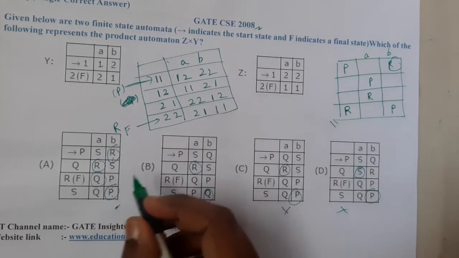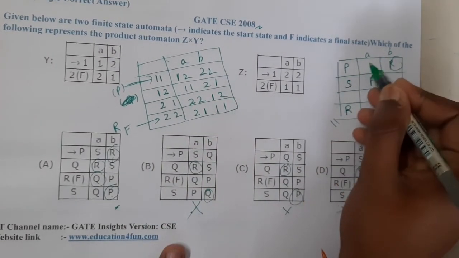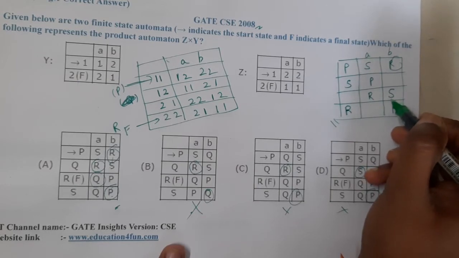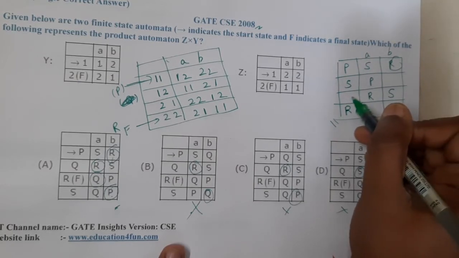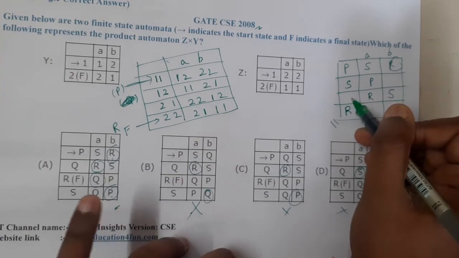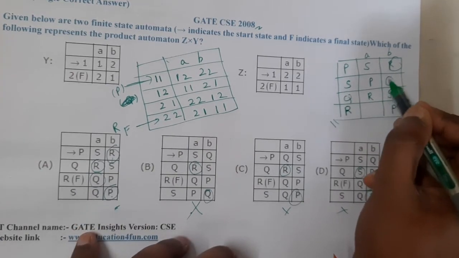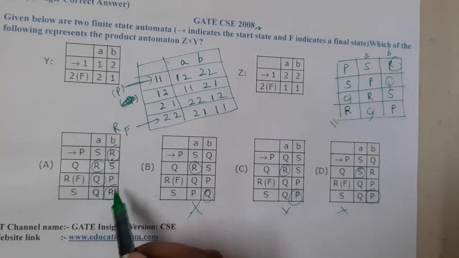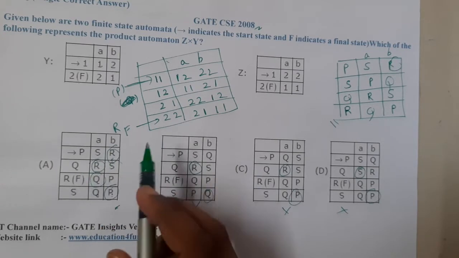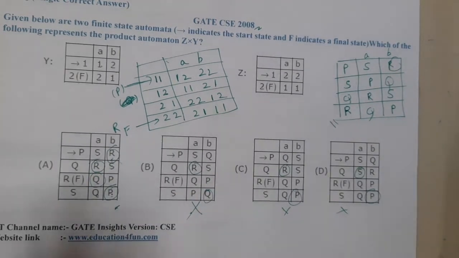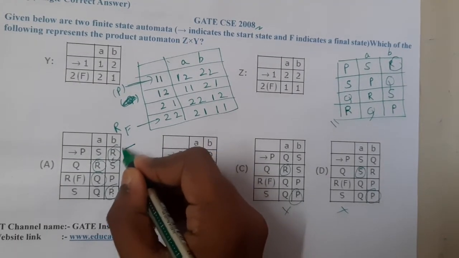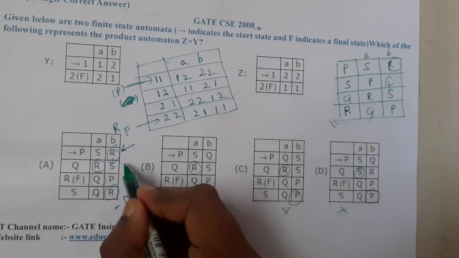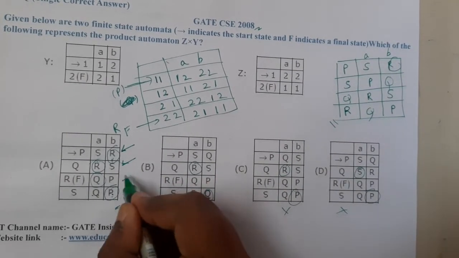If you assume 1 2 as S, then this becomes a match, and this becomes a match. Similarly, if we assume 2 1 as Q, here we will get a Q, here we will get Q. Now if you observe, SR is completely matching, QP is completely matching. These two rows are not matching. Just give me a second. I think these rows are also shuffled. Oh my god, I think this person is really smart. So SR, it is matching. QP, it is matching. The third row is RS, it is matching. The final row is QP. Yes, this is absolutely true.